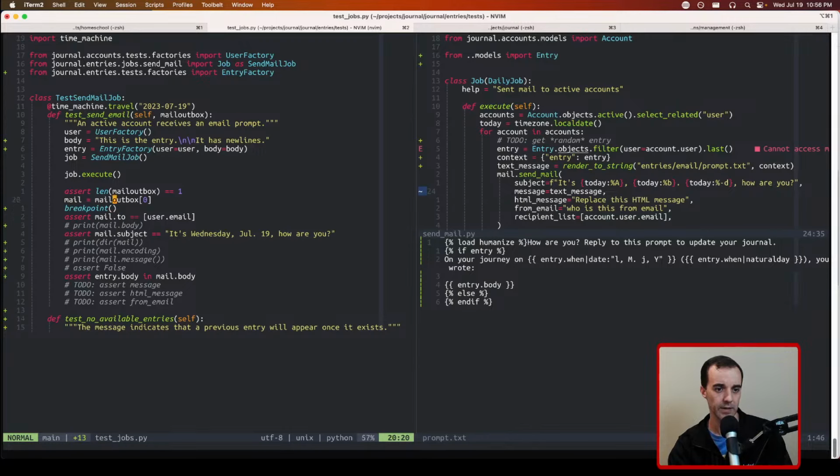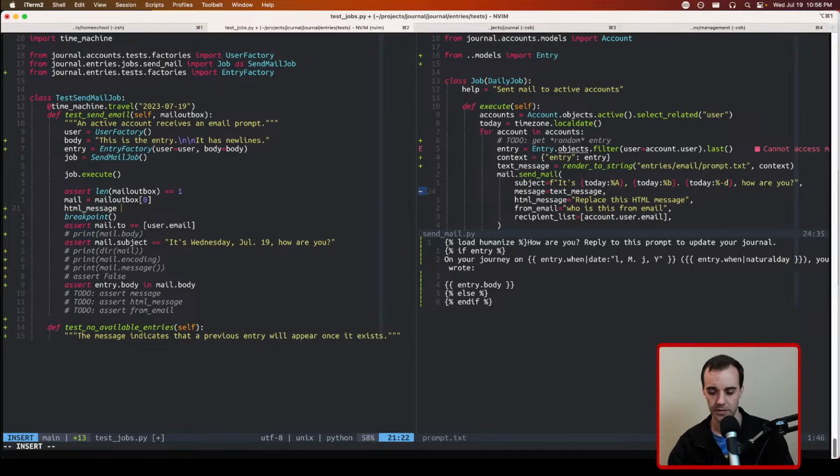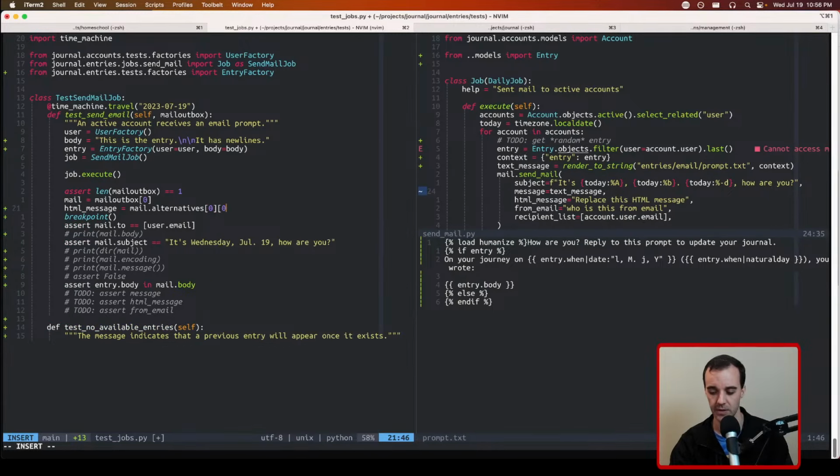So now we can say HTML message is equal to, what did I just say? Mail alternatives 0, the first one. And then within that tuple, it was the first part of it. The other side was the content type. And then we want to assert that, I think I want to do it this way. Let's assert, we're not going to assert that they're exactly, well,